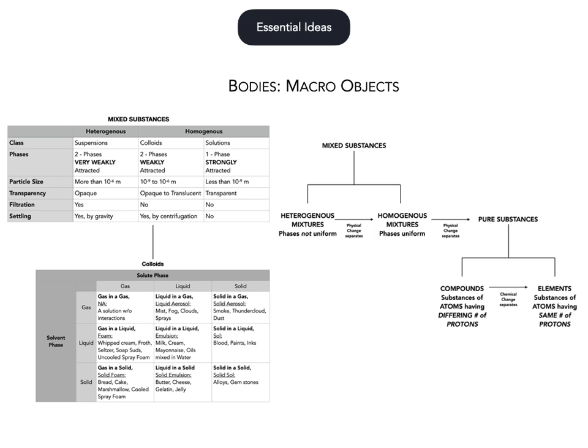The essential takeaways of this video are as follows. Suspensions are heterogeneous mixtures because their phases naturally separate from each other due to the force of gravity. They are opaque, not allowing light to enter completely through, and their particles are significantly larger in relation to other mixtures. Colloids, however, are of smaller particle size and do not settle out due to the force of gravity.